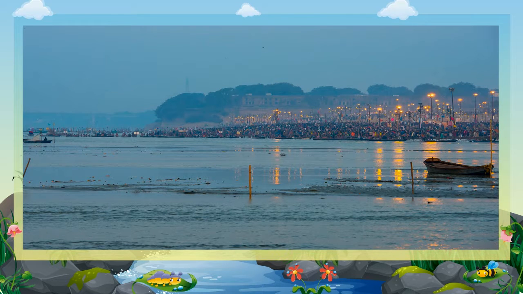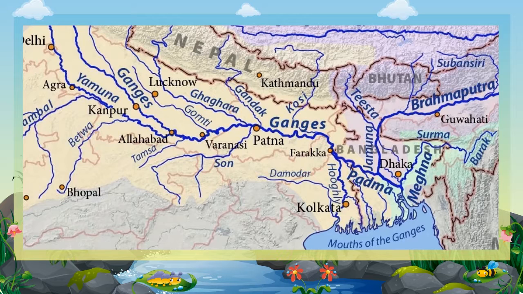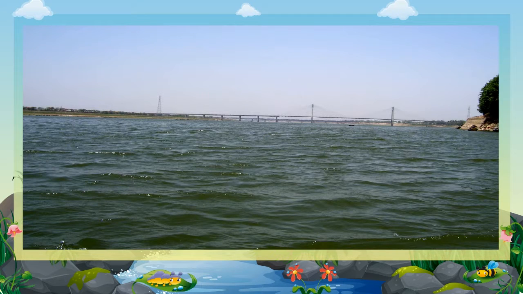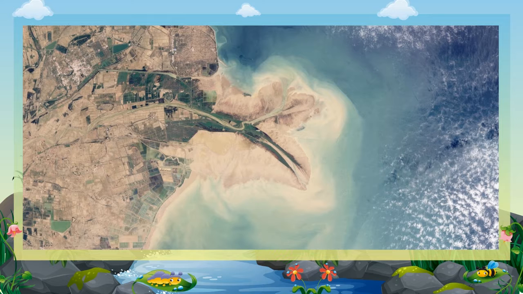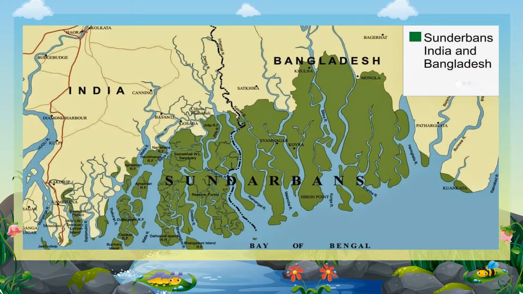The Himalayan rivers which join the Ganga after Allahabad from west to east are the Gomti, the Gandak and the Kosi. The flow of the river slows down due to the load of sediments it carries. Therefore, before entering the sea, it leaves deposits of its sediments at its mouth and hence branches into distributaries and forms a delta. The Ganga and the Brahmaputra join together in Bangladesh and make the largest delta in the world,